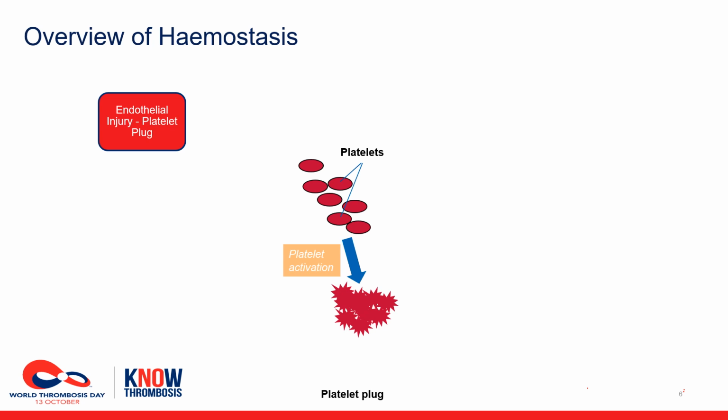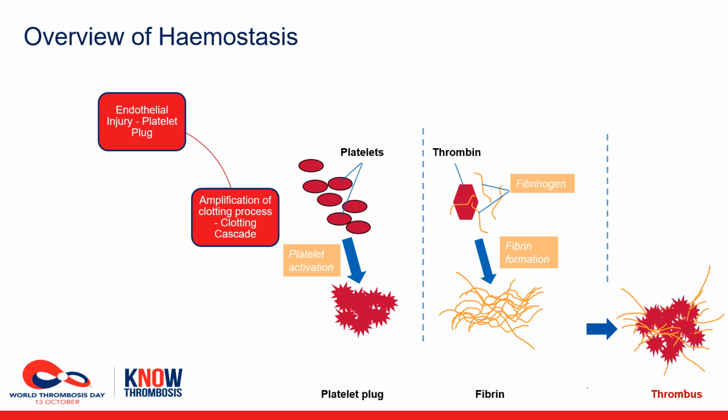So after platelet plug activation, platelet activation also leads to the clotting cascade, or amplification of the clotting process. And the end product of the clotting cascade is these fibrin strands, which along with platelets form the thrombus. So if you think of these fibrin strands as the mortar of the blood clot, the platelets are the bricks, the fibrin the mortar, we get a nice strong thrombosis that forms with other cells in the vicinity to stop the bleeding. And of course, we only want the clot to be as big as it needs to be, so